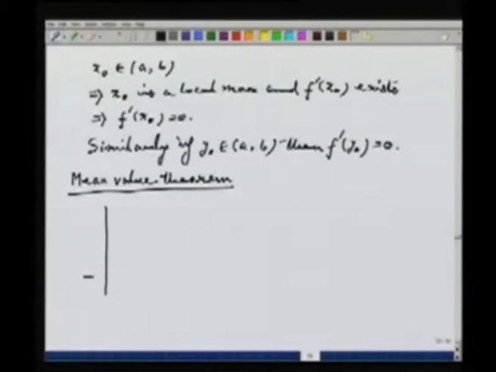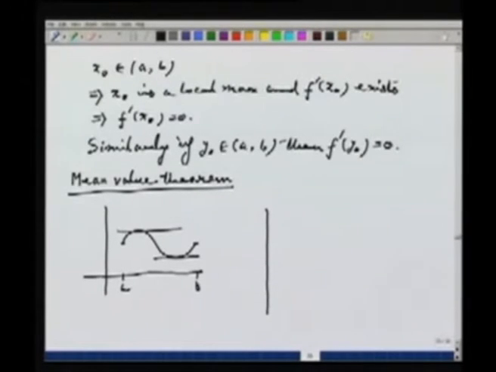I draw the picture again here, this is A, this is B. I know the heights are the same at A and B. The graph of the function looks something like this. Then there are points where the tangent is parallel to the x-axis. Now it could have happened this way also. I draw another picture,